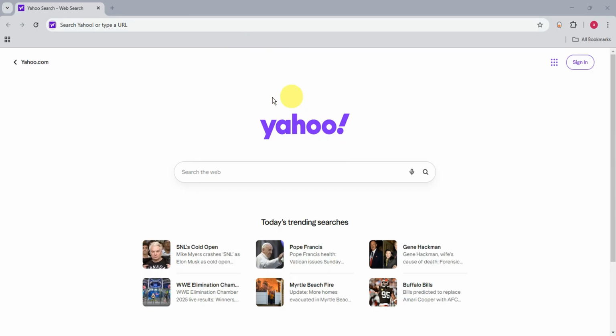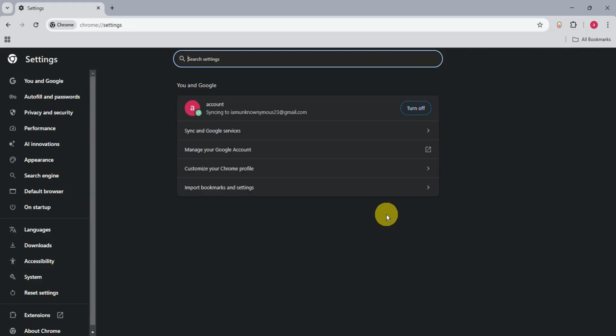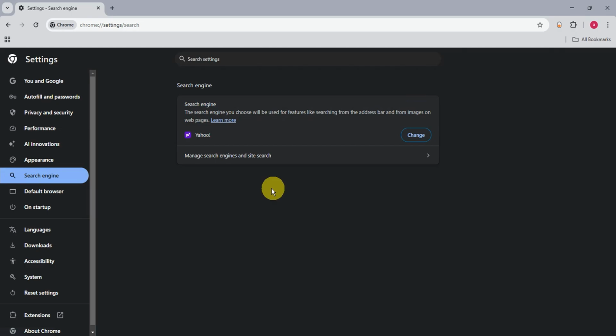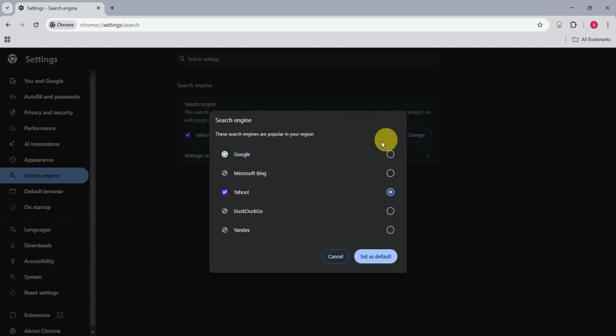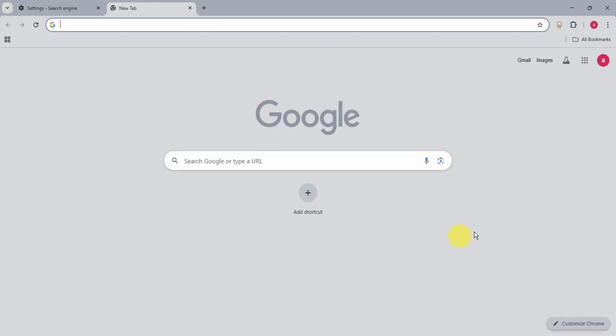For us to be able to remove this and replace this with Google, click on the three dots here on the upper right corner of the screen and click on Settings. So here in the settings, there is an option to change the search engine. Click on that. Right after, click on change and then choose Google. Then set as default. Right after, if you open another tab on Google Chrome, it is now changed to Google